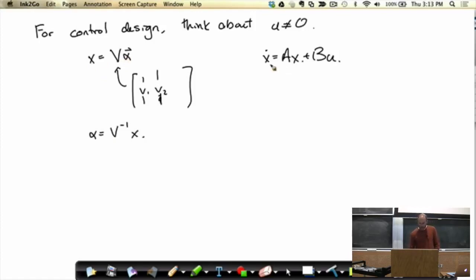Right, so then if I just pre-multiply everything here by V inverse, and then change my coordinates internally here, I get